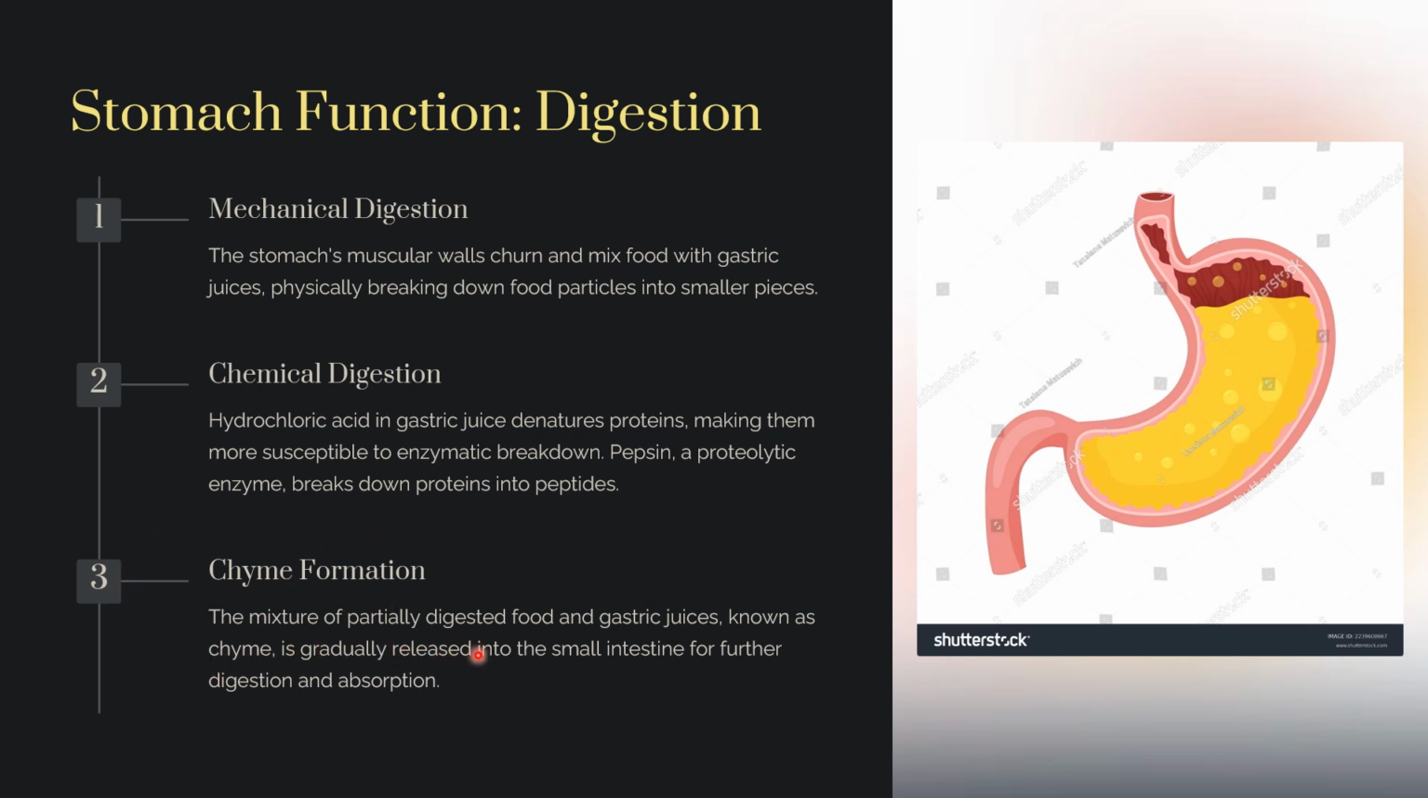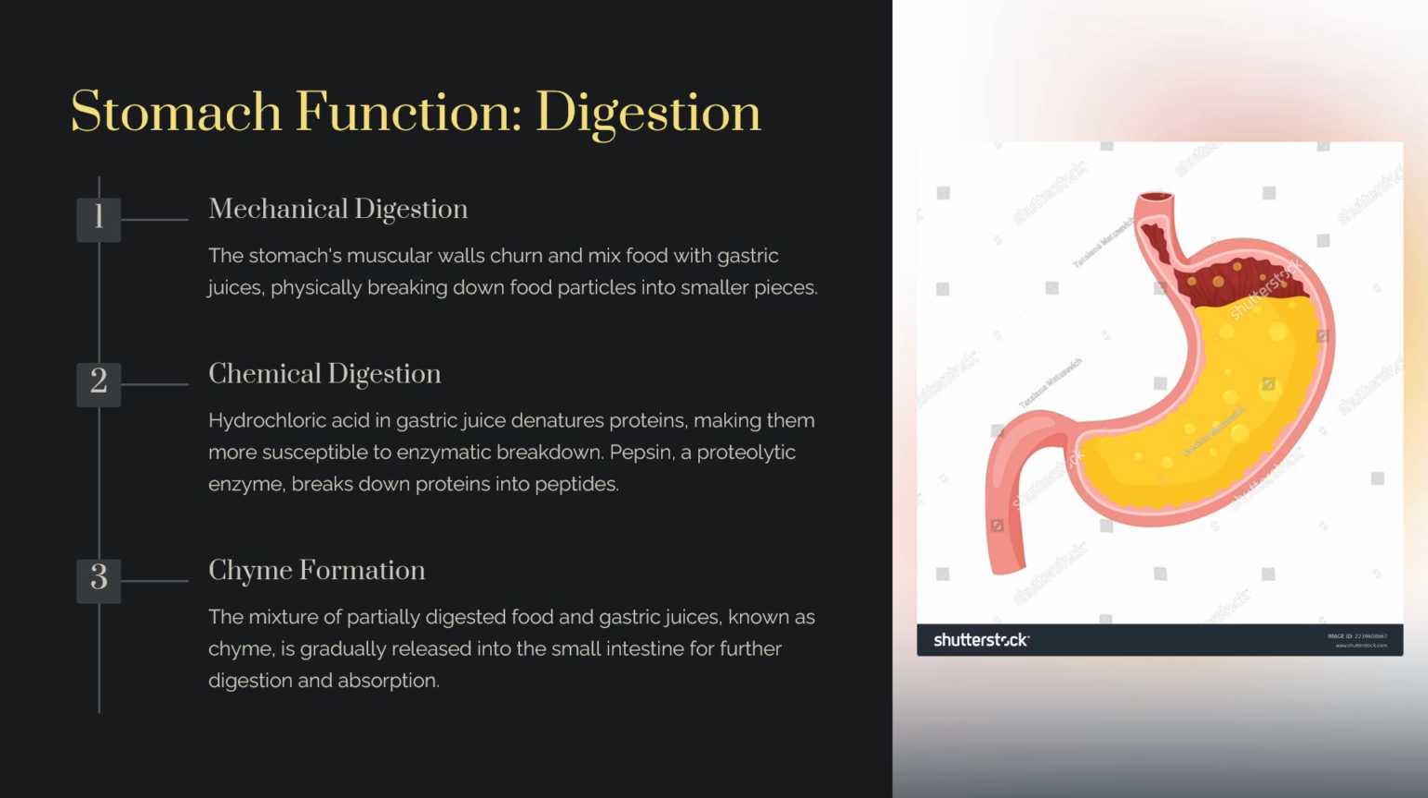The mixture of partially digested food and gastric juices, known as chyme, is gradually released into the small intestine. From this process, both mechanical and chemical digestion, whatever the content that is formed is called chyme formation. So that particular thing is now gradually released from the stomach to the small intestine for further